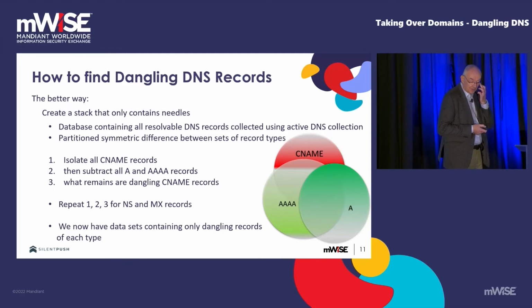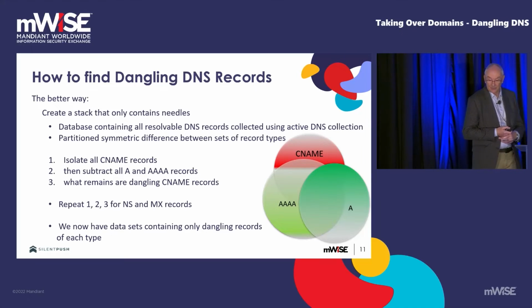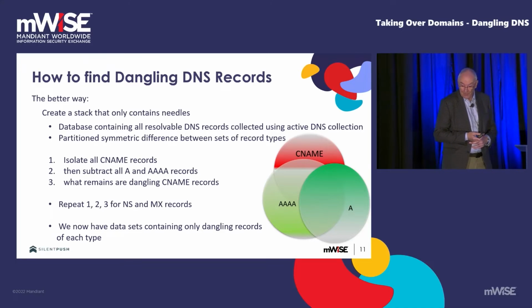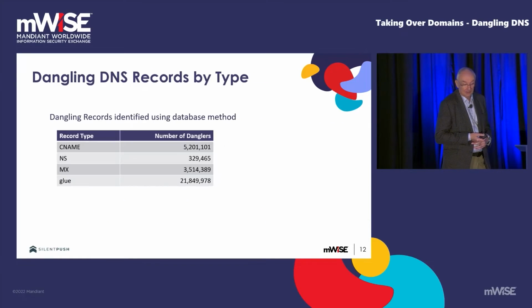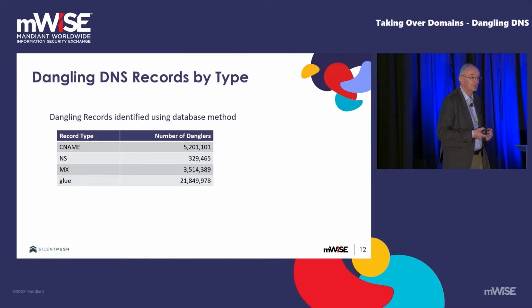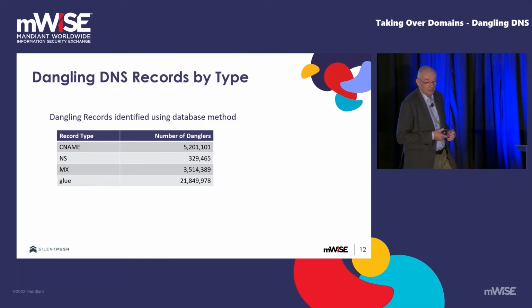And so obviously you probably guessed that we're going to be able to find more than 50,000 CNAMEs using this method. So if you have put a number in your head and think about how many you think we might find of the CNAME type, just using this method, then I'll show you the actual number here. So when we do this, we've now gone from a record set containing 50,000 CNAMEs to about 5.2 million